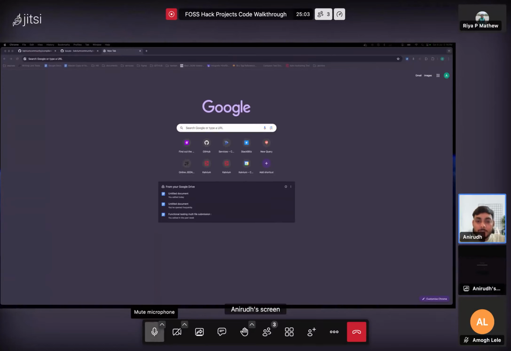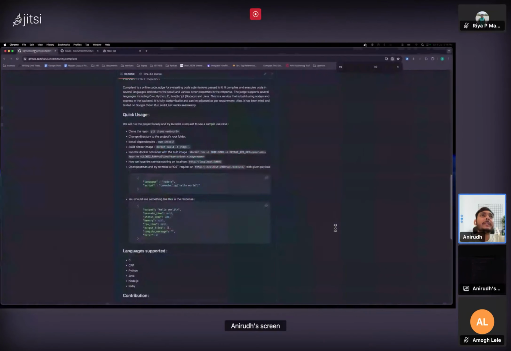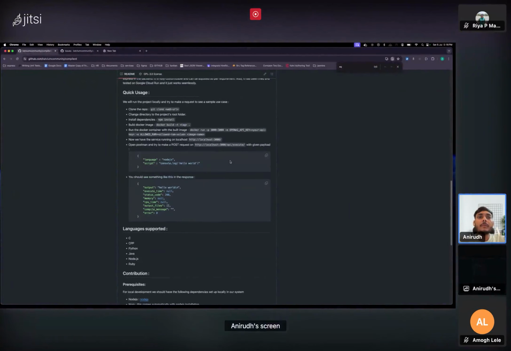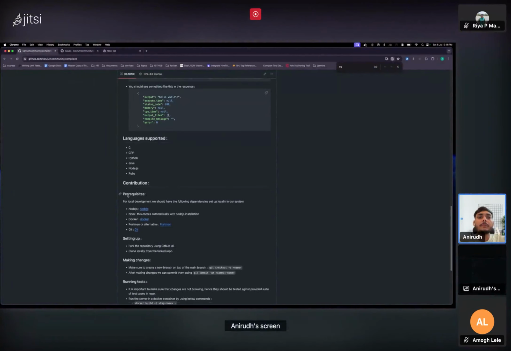As part of the initial requirements, I'll just pull up the README itself. The prerequisites are mentioned over here, but I'll also walk through them quickly. What we need is Git, a Node.js environment, Docker, any API client such as Postman, and we also need an IDE to set up and run this locally. I'll quickly do a